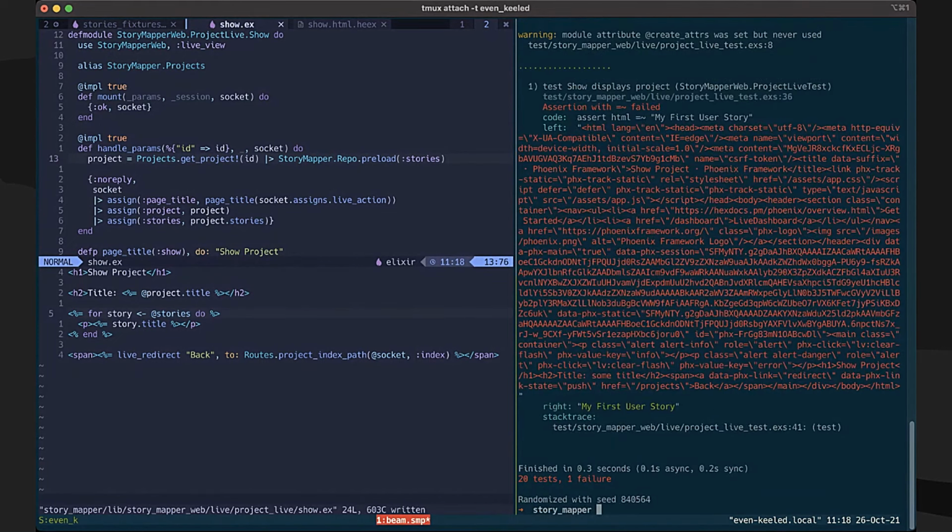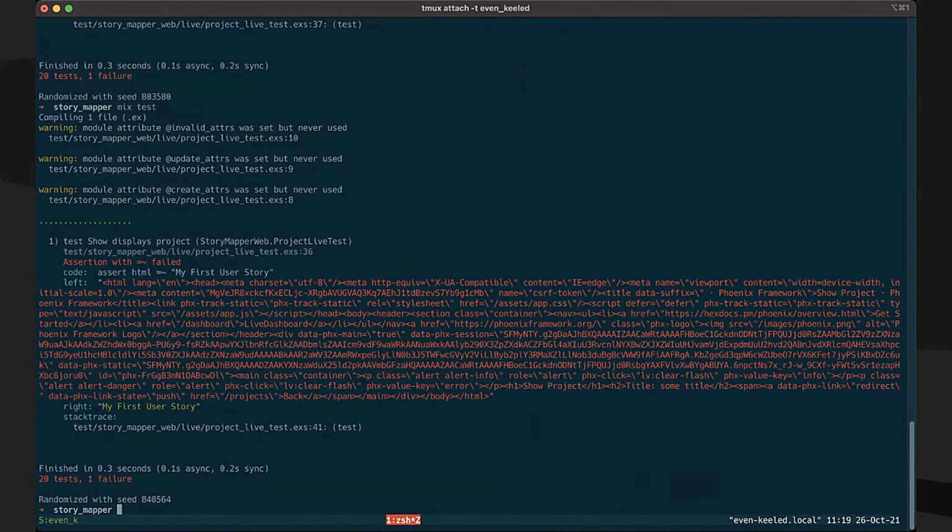Okay, so now we're back to what I think is a similar error. And let's see here. We got past our loading issue. We assign stories. We're looking to render the title within our collection of stories within our comprehension. And